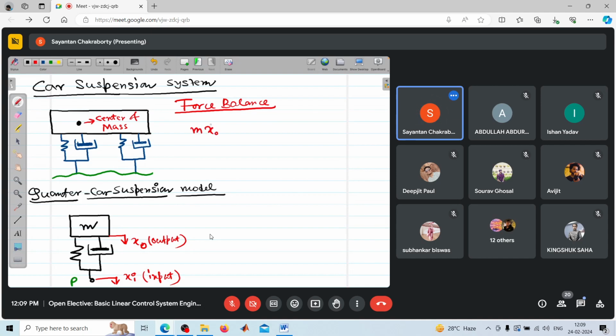say m x0 double dot plus this is your b, this is k. So b (x0 dot minus xi dot) plus k (x0 minus xi) is equal to 0, because here xi is the input, there is no force. The change or displacement of the point P is regarded as an input, and the directions are as shown over here. So, upon simplification, what I can write,